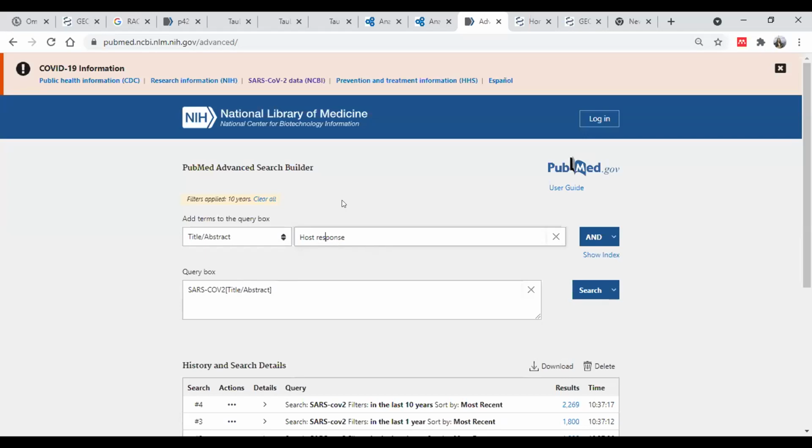So I'm also using another keyword, that is host response. Then maybe you are interested in particular data types, like if you want to look at transcriptomic signatures, proteomic signatures, or maybe you are looking at host response in terms of some metabolites, right? So right now, for example, I am interested in transcriptomics. So I just want these keywords to be present there. So then you can go to search.